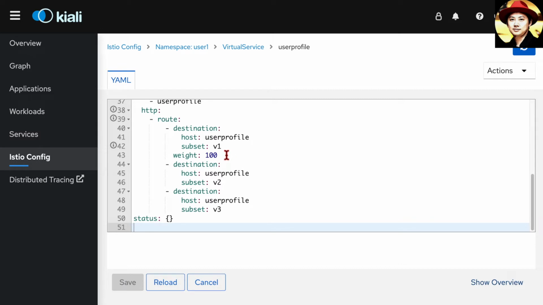Let's start with a Canary release of the new versions of this user profile service. We will route 90% of the user traffic to version 1 and 10% of the traffic to version 3.